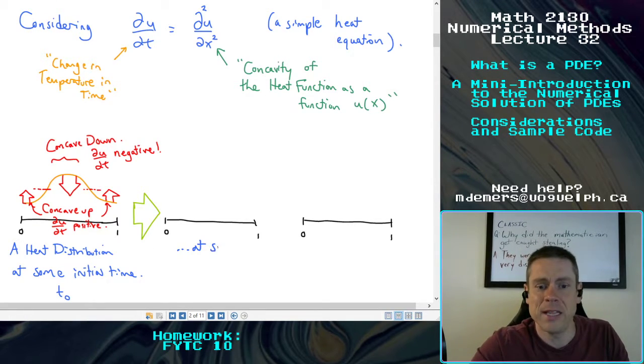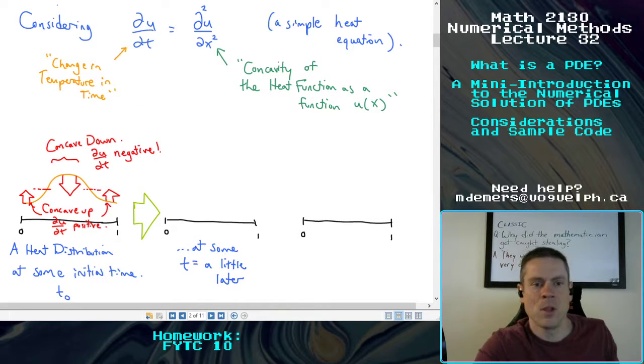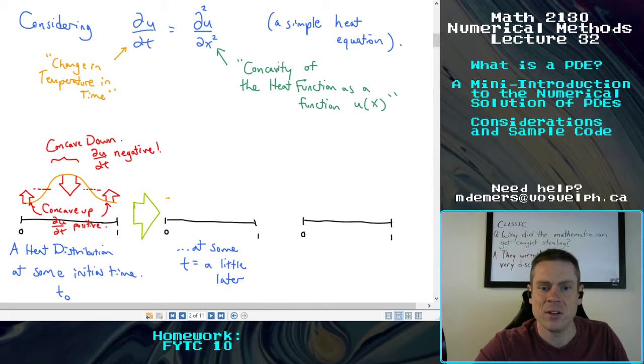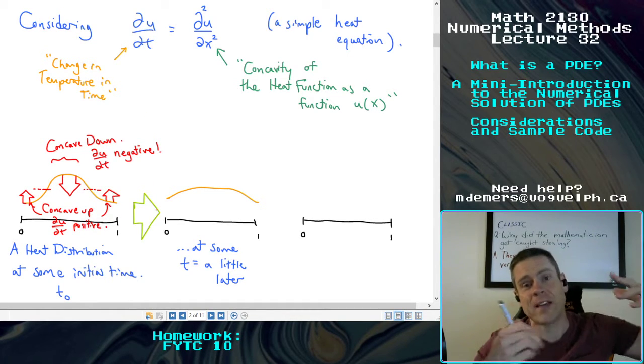So at some later t, t equals a little later, let's say. What's happened is the distribution in the middle will have come down, the distribution on the outsides will have come up, and I'll try to do this the best I can. You get something like this, where, interestingly, it's kind of evened out, and you would expect that to happen,